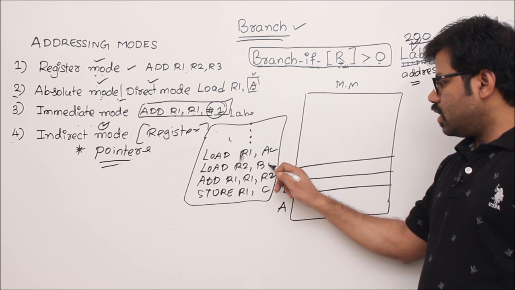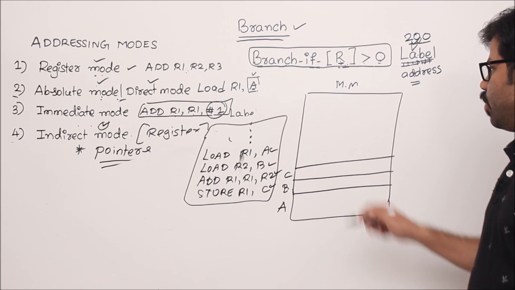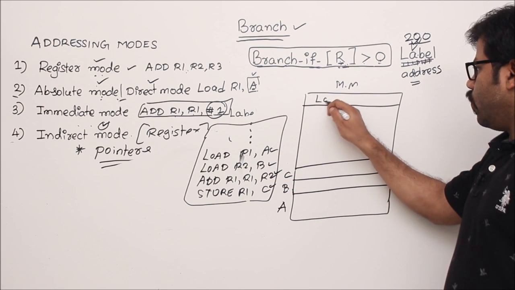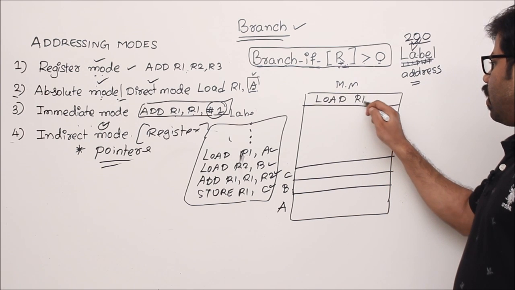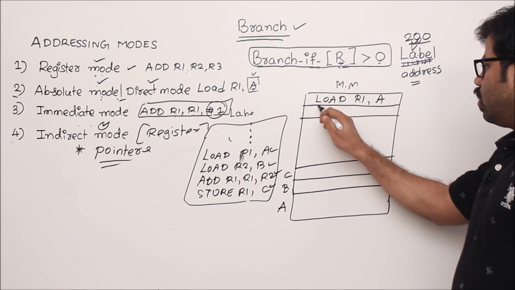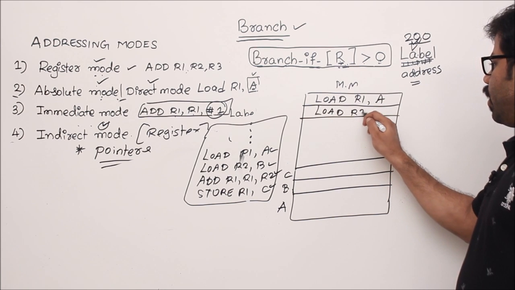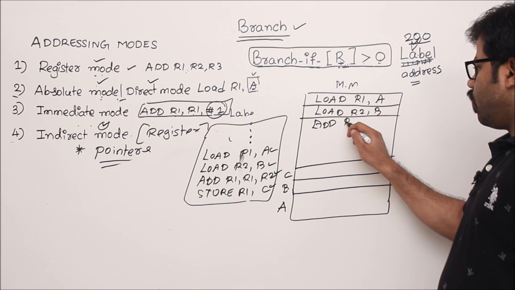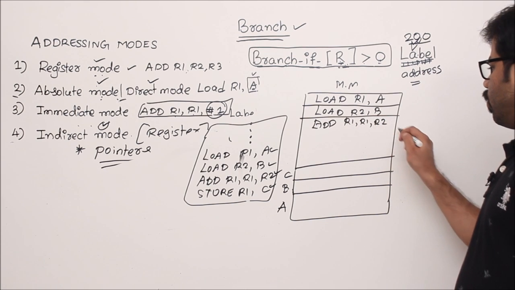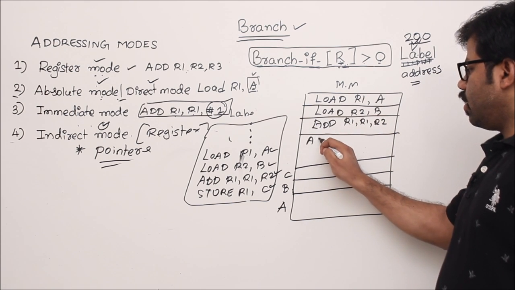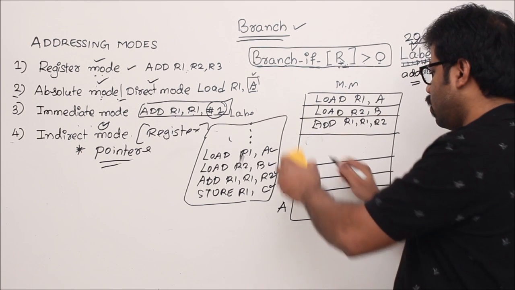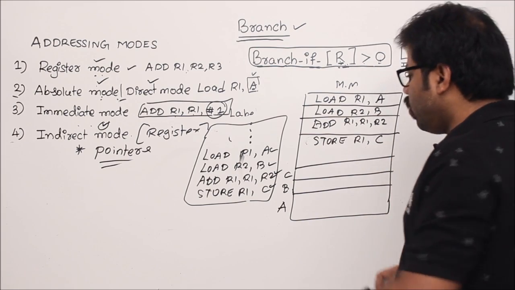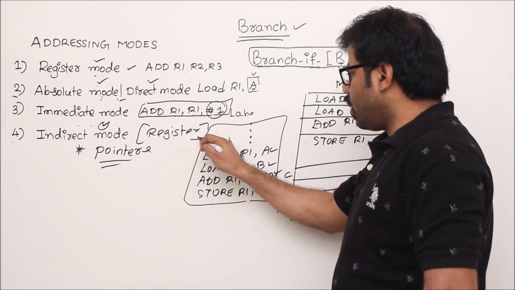Because of that, when you write this program, these instructions will be loaded somewhere in your main memory. Assume your instructions are loaded here: load R1 comma A, load R2 comma B, add R1, R2, and next, store R1 comma C. What I want to tell you here is, whenever you write this program and ask the assembler to convert it into machine instructions,